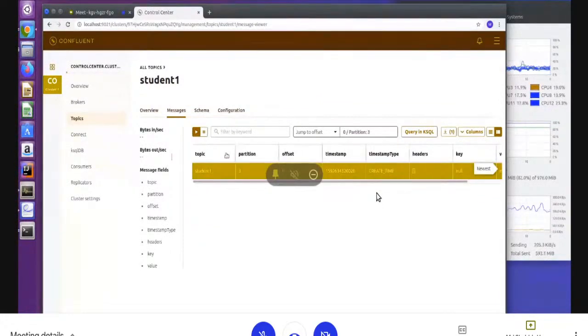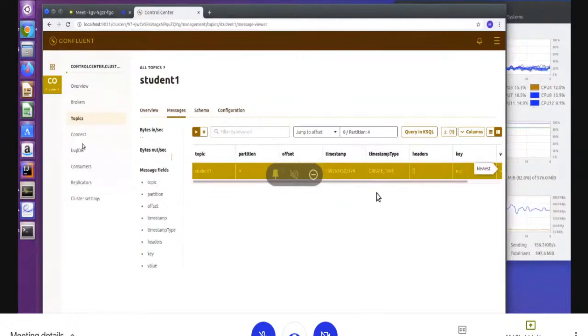And with detail, right? Partition number, offset number. It is very good for debugging if you are a programmer and you have to write your producer and consumer applications. That will help a lot. So this is the way we create topics. We can send the data, we can see the data. This Confluent platform helps a lot.